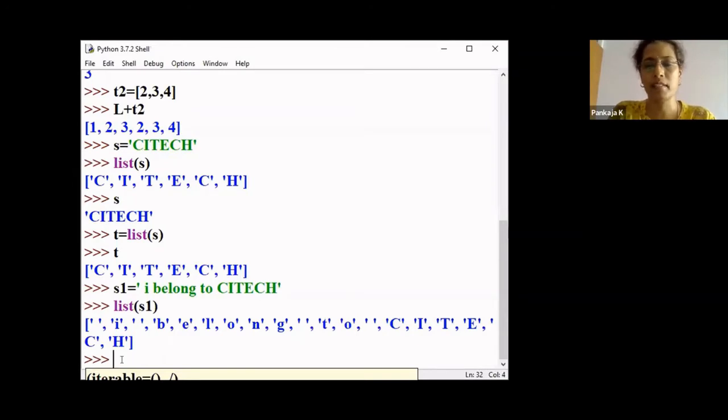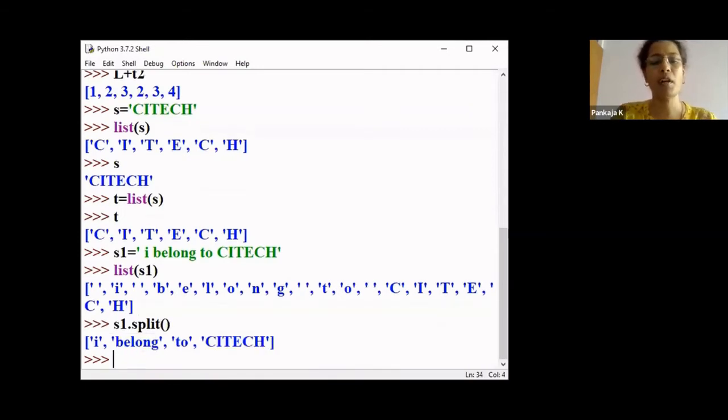Now, instead of this, I want it to be treated as a list of words. Now, I belong to CI Tech. Each word should be treated as an item of a list. For this, what we are supposed to do is use a method called split. So I say S1 dot split. Now what happens?